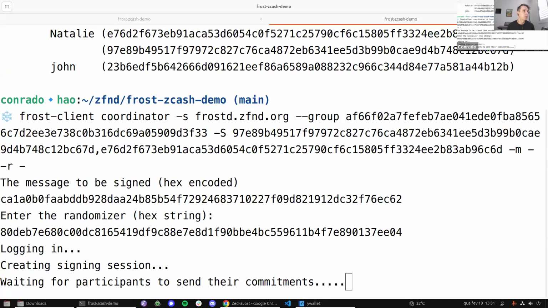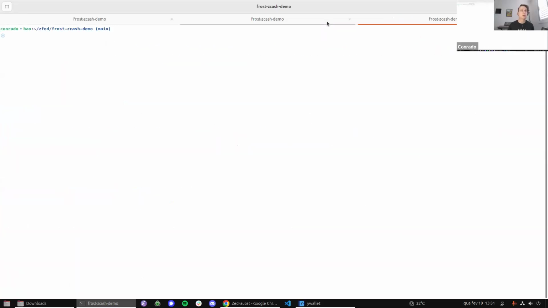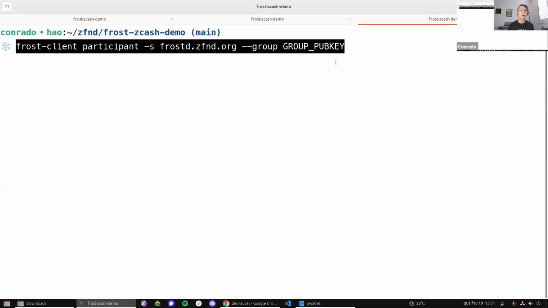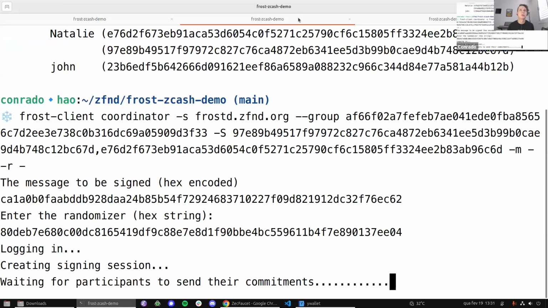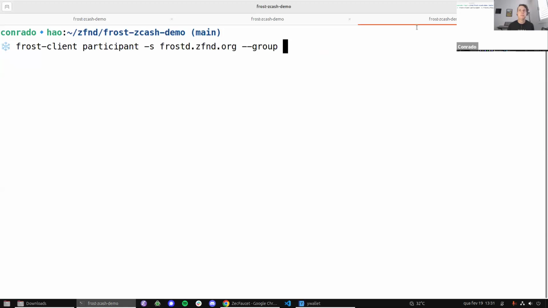So I'll be one of the participants, and Natalie is going to be the second. Now we just need to run this second command here, called participant, and I just need to specify the group public key, which is this one. It works because there's only a single session with us, but if you have multiple sessions open, we'll need to use the Frost client sessions command to